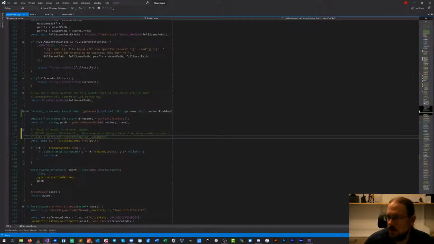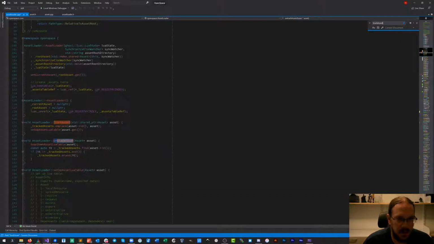This is one of the things that we're definitely not going to get to today: if I require an asset twice, once with the parameter saying true, once with it being false, then in that case we just need to do the true version. But right now we're just checking if it has already been enabled or not, and depending on the order, there's some stuff that we need to do anyway. So there's going to be some two-phase lookup that's going to happen anyway.